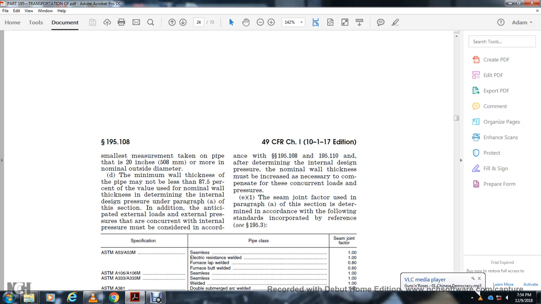The minimum wall thickness of the pipe, with not less than 87.5% of the nominal wall thickness, to determine the internal design pressure under paragraph A of the section, with the anticipated external load and external pressure concurrent with the internal pressure, corresponds with 195.108 and 195.110. After determination, the nominal wall thickness must be increased as necessary to compensate for these